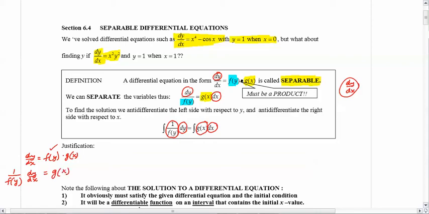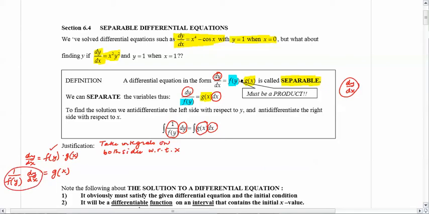And lo and behold, my f of y has ended up on my left-hand side. The next step is I'm going to take integrals on both sides